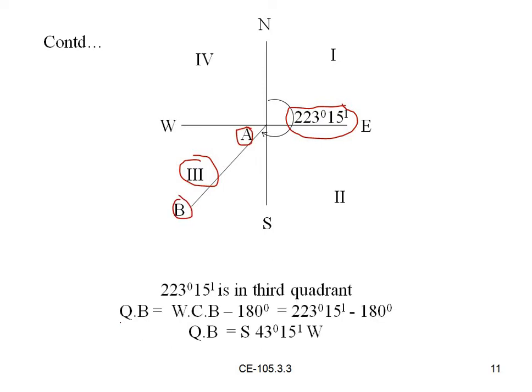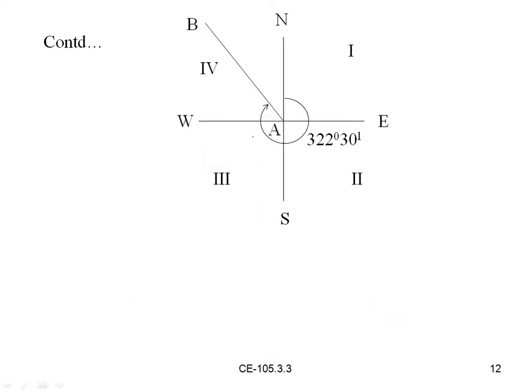So here quadrantal bearing is equal to whole circle bearing minus 180 degrees, that is 223 degrees 15 minutes minus 180 degrees, which gives quadrantal bearing south 43 degrees 15 minutes west. So this is the direction where we will show southwest. And the next is